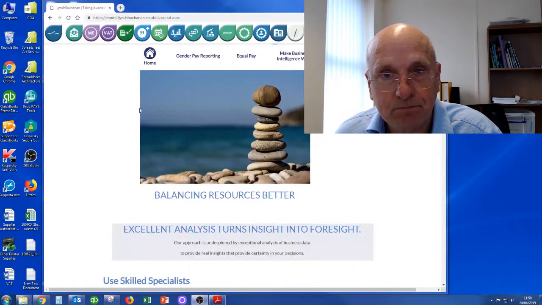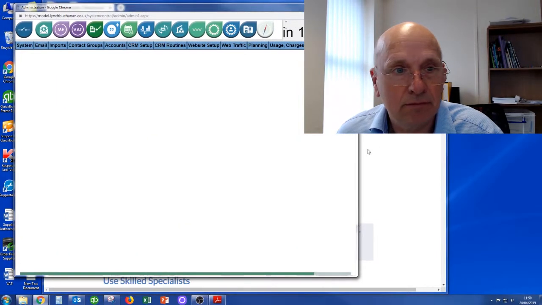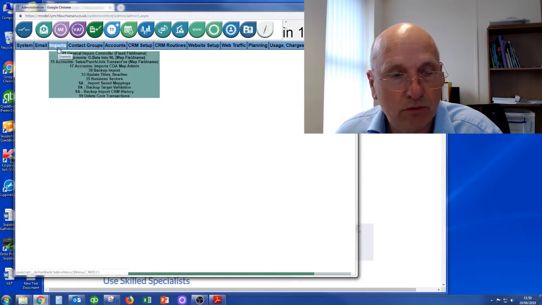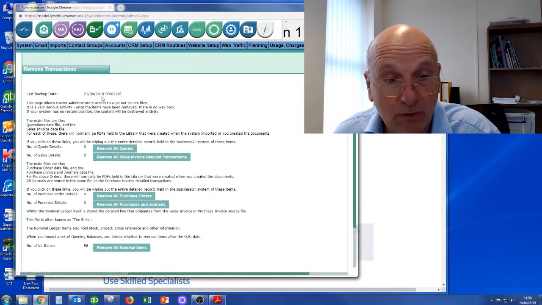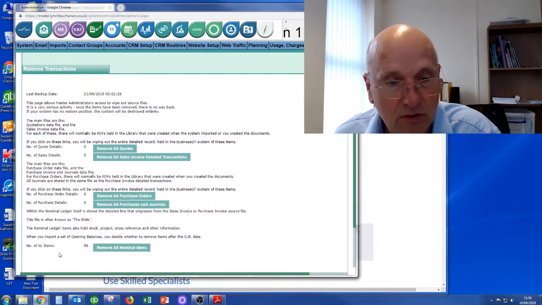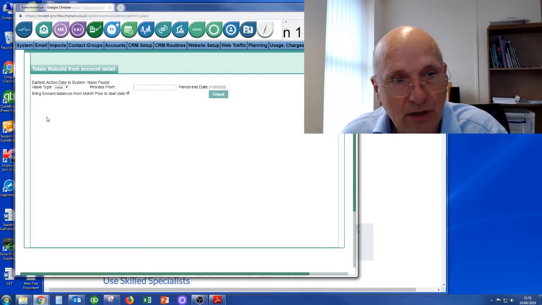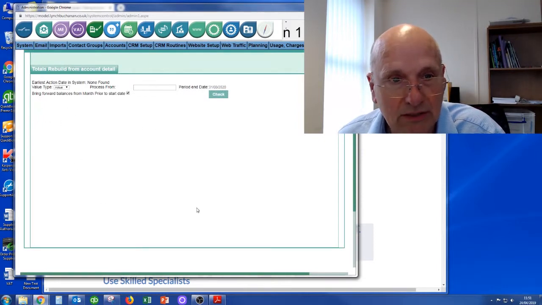So you log on, click the admin, in the imports, go to delete core. Now in this there's some nominal ledger items that we need to remove, but at the moment there's nothing else, so we'll remove those nominal items and then rebuild totals. So that rebuild totals will allow us to rebuild all that reporting data from whenever we want to start reporting it from,